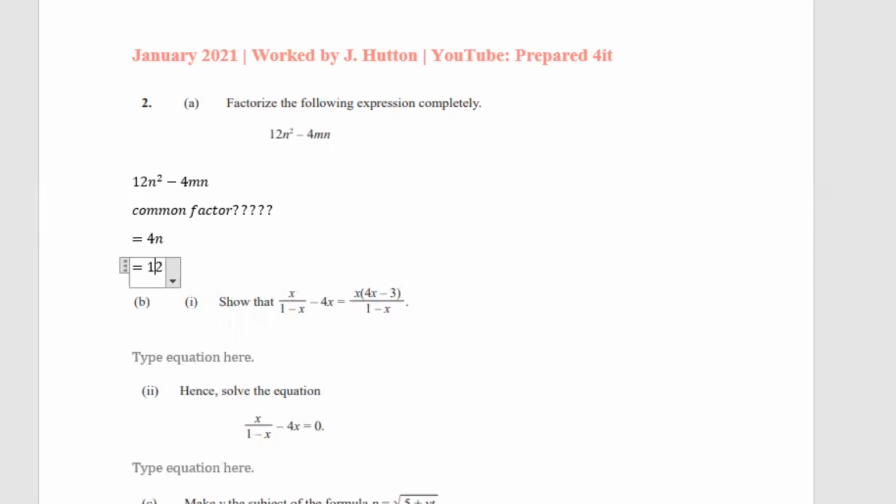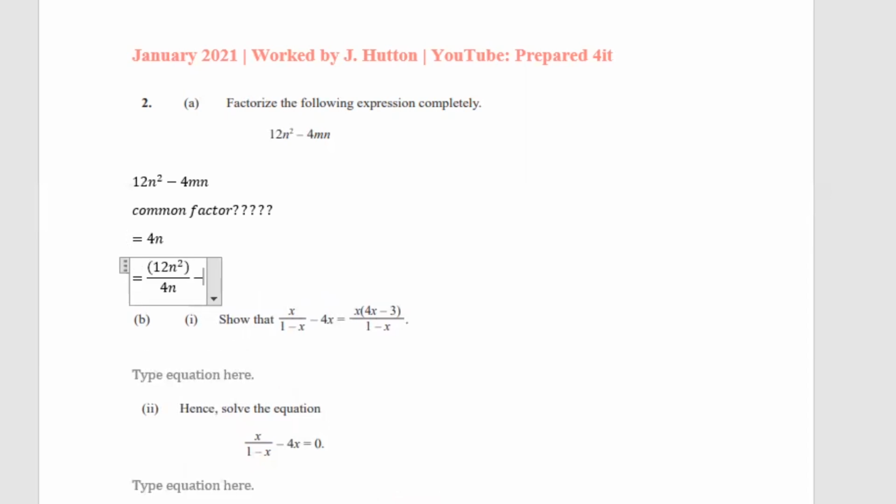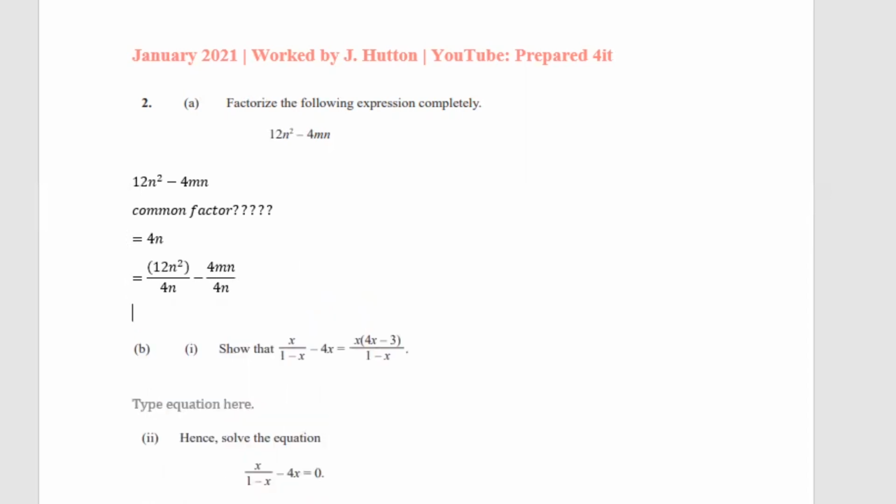So what we'll have is 12n squared, and that is divided by 4n, minus 4mn, and that is divided by 4n. So basically what we'll have down here is our common factor goes on the outside, which is 4n, and